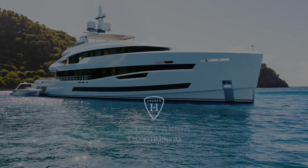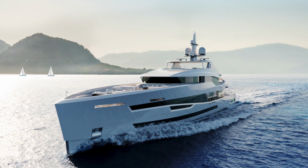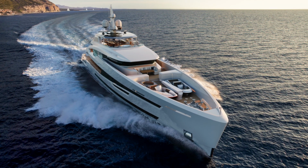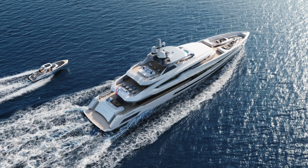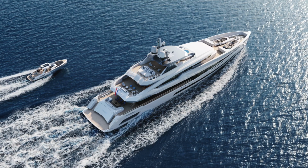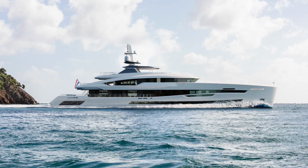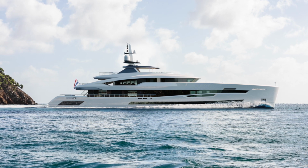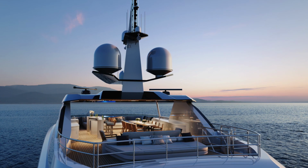Akira is the first in Heesen's new 57-metre aluminium class with an ultra-efficient fast displacement hull form and IMO Tier 3 compliant engines. Capable of a top speed of 22 knots, she's not only fast, but also economical, thanks to her lightweight construction and slippery hull lines. In fact, she requires less power and consumes up to 50% less fuel than a conventional steel displacement yacht of